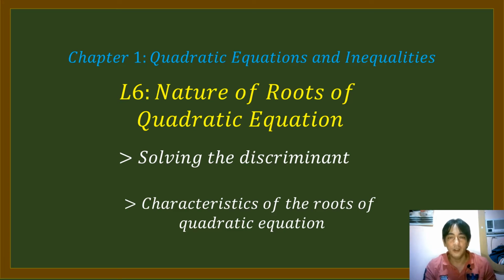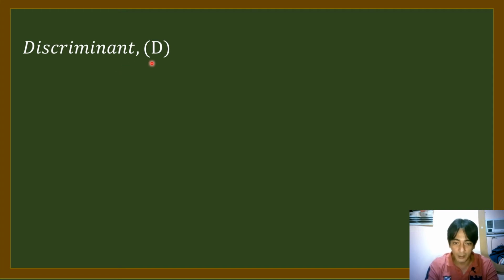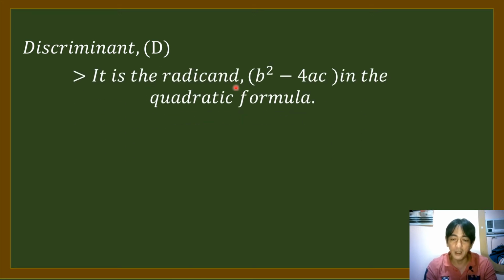Okay, so this topic, hinati ko siya into 2 videos. Unahin muna natin itong video na to para sa discriminant. Ano bang tinatawag na discriminant? Okay, ang discriminant daw represented by a variable D, capital D, is the radicand b squared minus 4ac in the